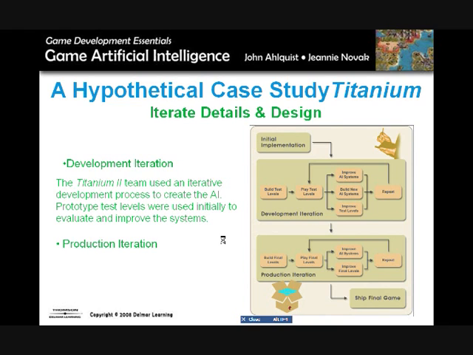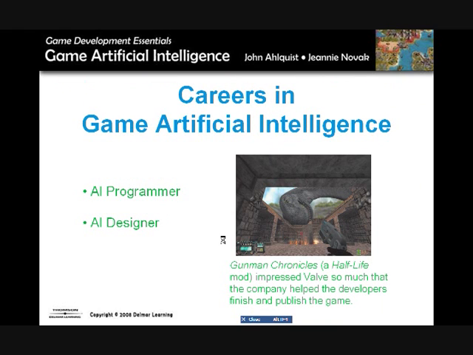So after going through that case study of Titanium, the book also talks about what the careers specific to artificial intelligence in video game development companies are. So there's two main roles. One is the AI programmer and one is the AI designer. So we talked about the different phases of the development. And so in those initial